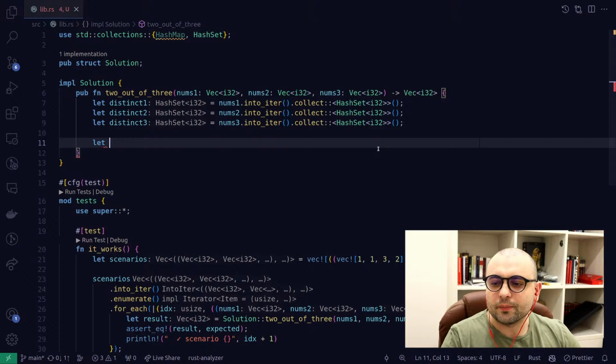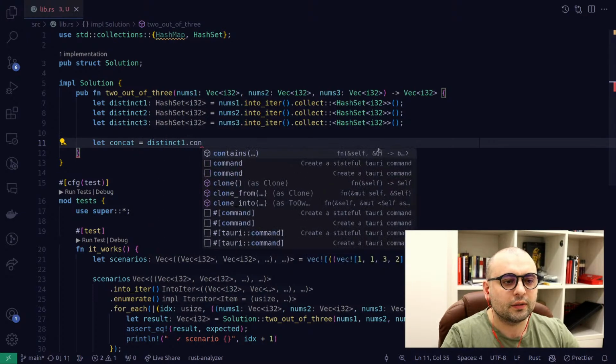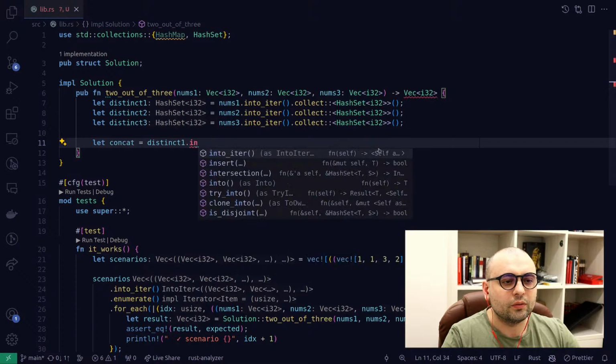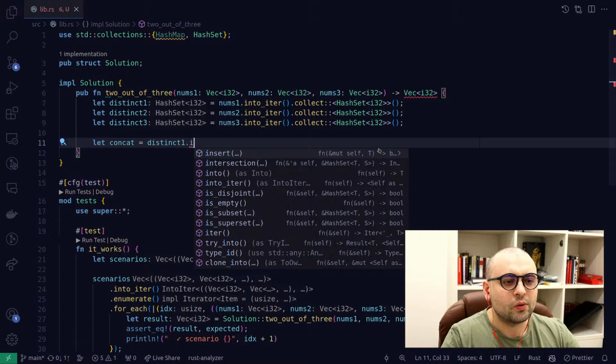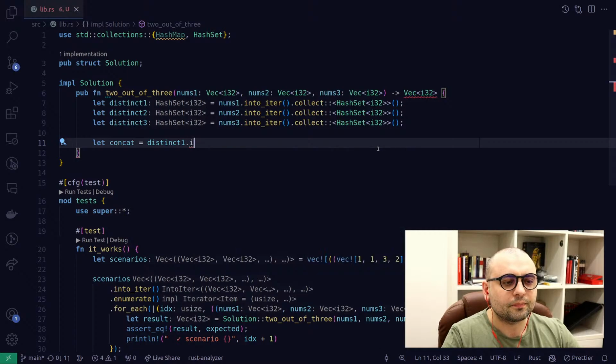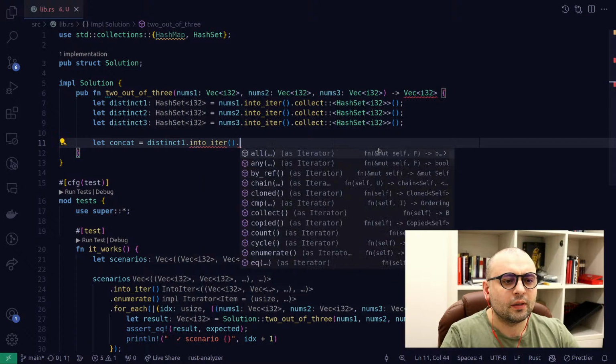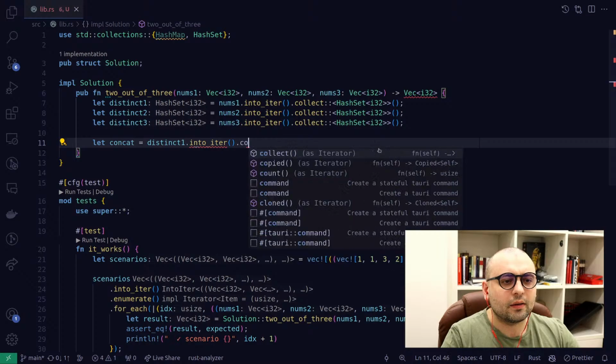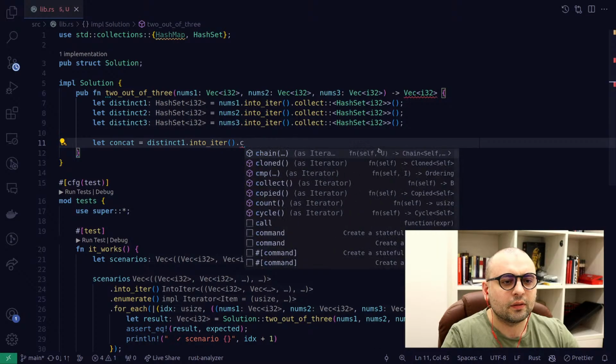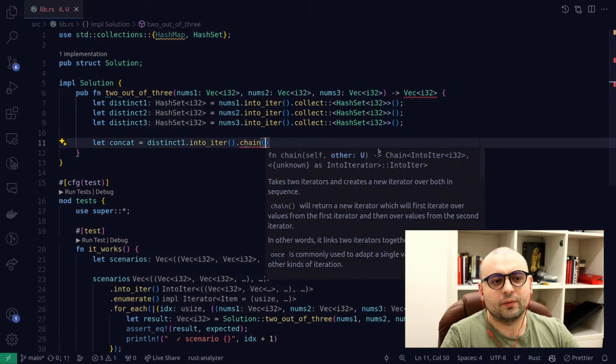Yeah, I'm checking. Do I need to zoom it a little bit? I don't know. So let's concat everything together. So distinct 1 join concat includes insert. Okay. I guess the simplest way is to use into iterator, and then concat chain. Yeah, what we can do, we need